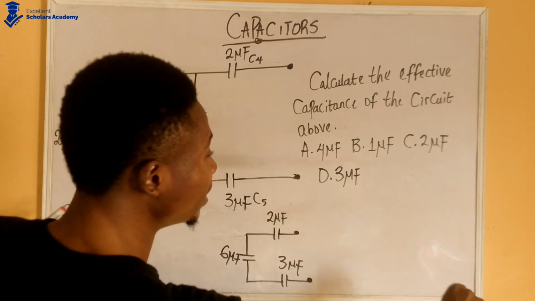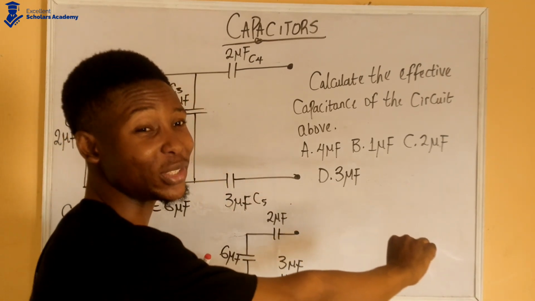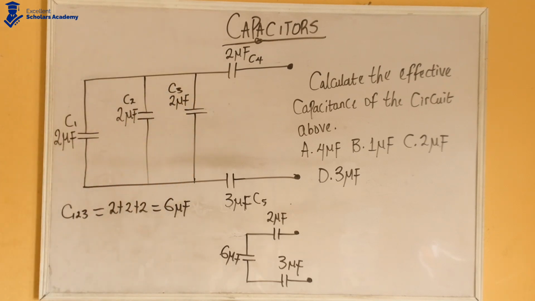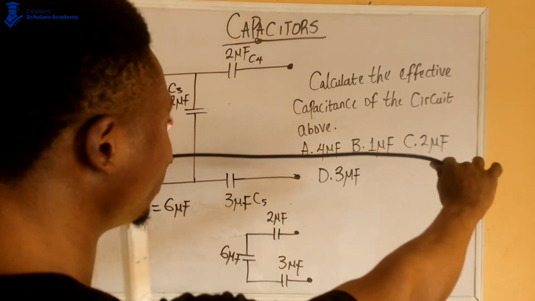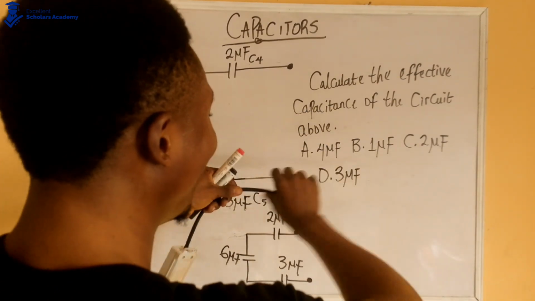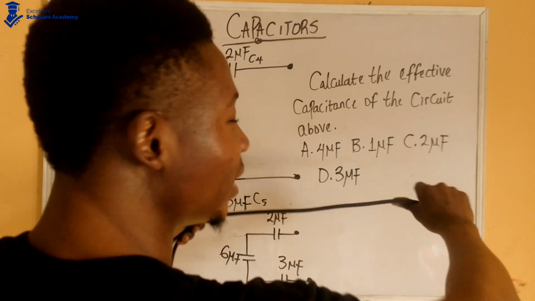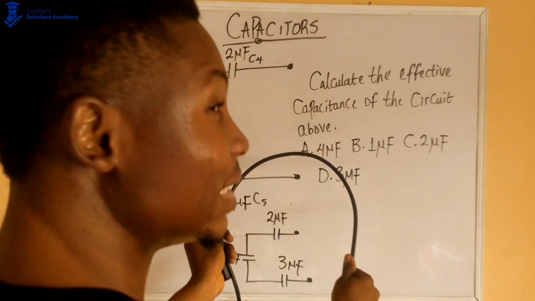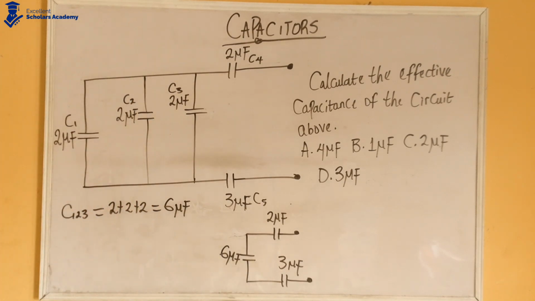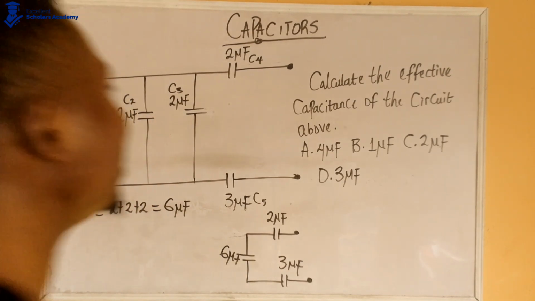So if you straighten it, just try to use your imagination with me. I'm not with a wire here, if not I would have shown you, all right? So it's just like a straightened wire like this, and it was bent like this. It's still in series, all right, because they are connected end to end. So if you bend it like this, they are still connected in series. So now these three are in series, so we're going to resolve them now and get the effective capacitance,